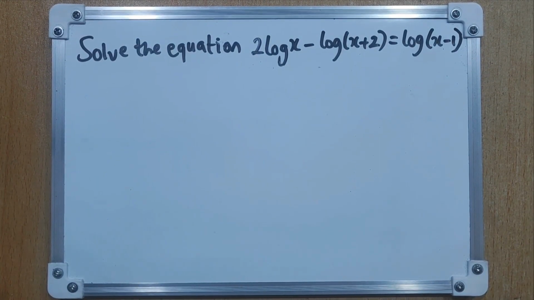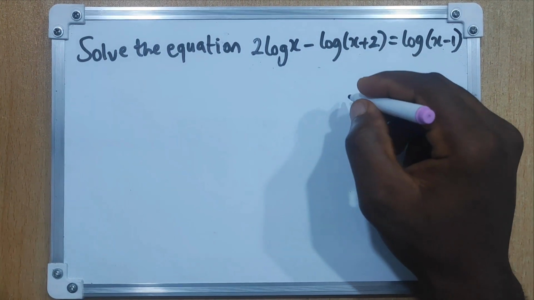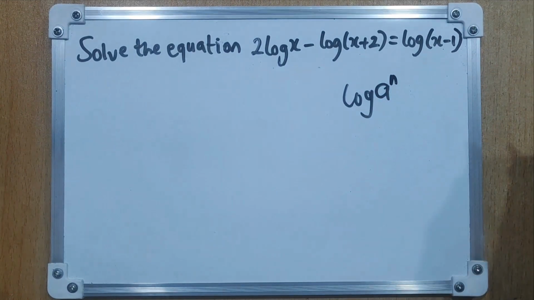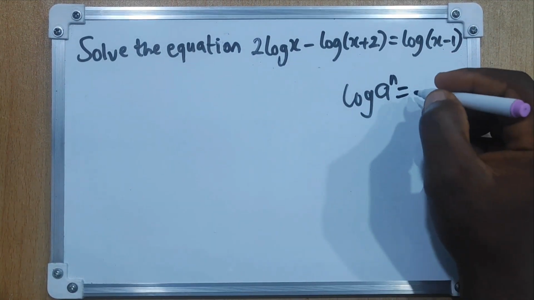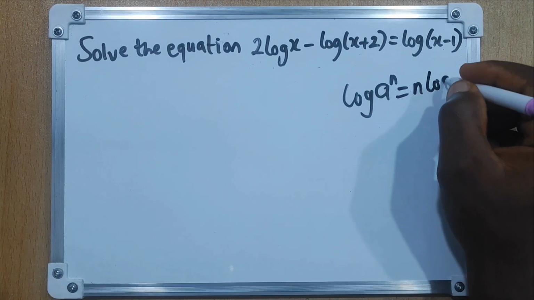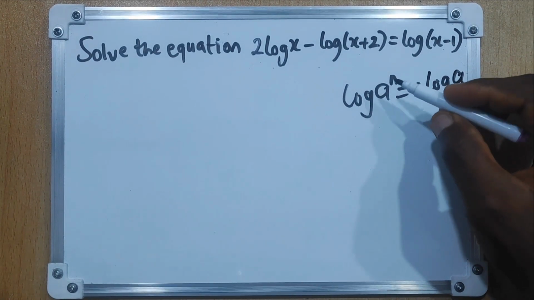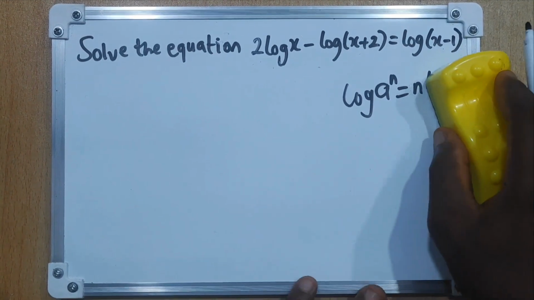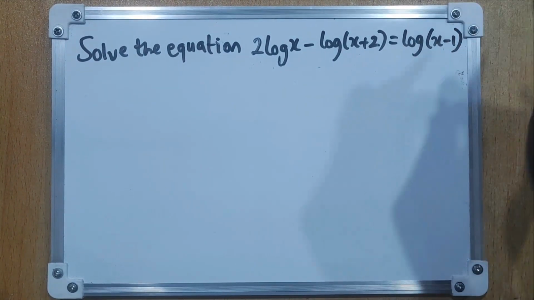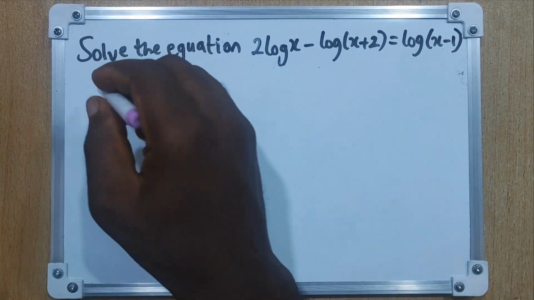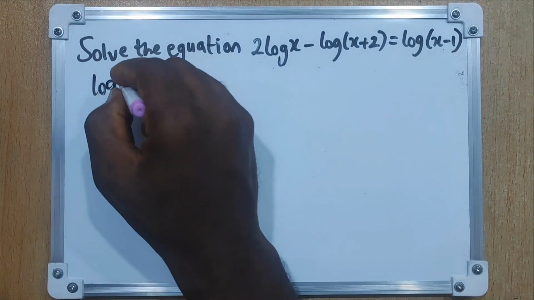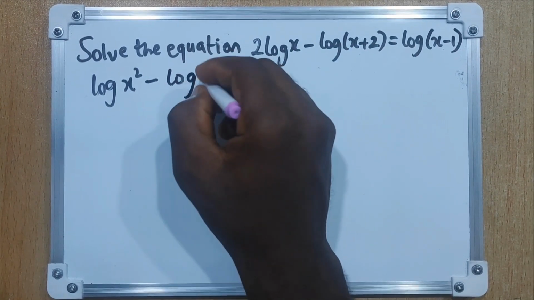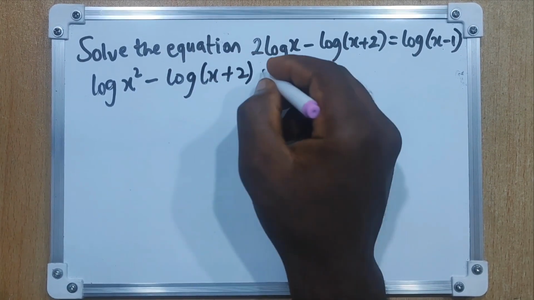There's a law called the index law of logarithm, and that law says if I have the log of a number, let's say a to a power n, I can transform this to become n log a. That means I can simply remove that power and put it as a coefficient of the logarithm. So I'm going to apply this in this question. Now this 2 log x, according to that law, would become log x squared, minus, I have log x plus 2, equal to